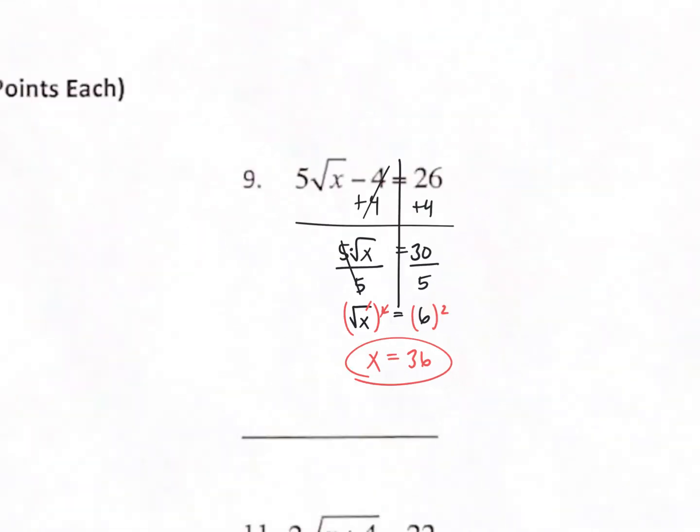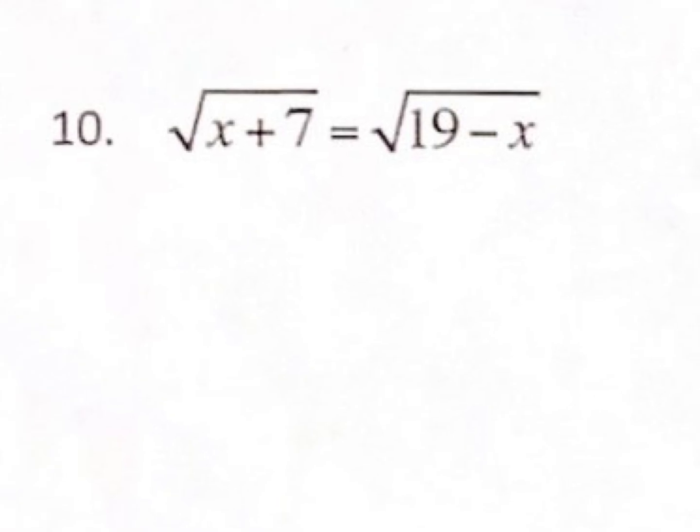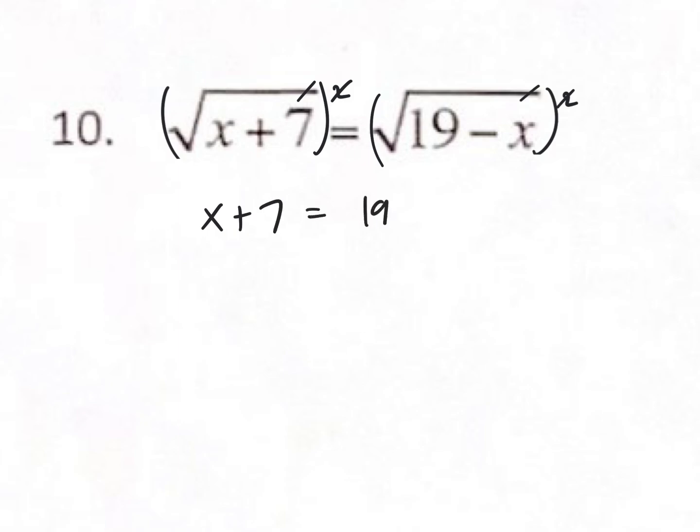All right, we got 2 more. Number 10 here, I've got square roots on both sides, and they are by themselves, so we can go ahead and just square both sides automatically, and my square to my square root cancel out. So I'm left with x plus 7 equals 19 minus x. Now it's just a